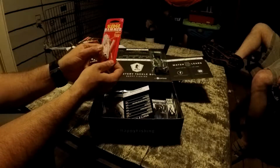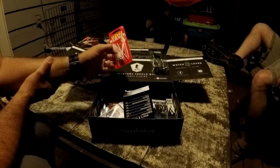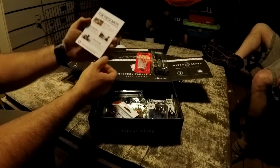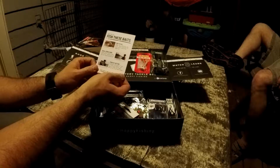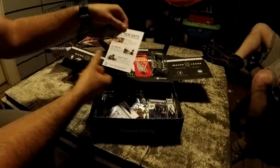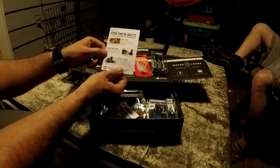I have actually had, now I think it was a gar, short strike me on a chatterbait and tear off a couple of my Keitech swim bait tails, which I wasn't real happy about. Won't keep it from tearing the tail off, but it'll keep the swim bait on there. I'll keep it pushed up on the hook where it swims right. That'll be good. So there's a card in here on how to fish these baits, how to rig, ideal conditions,